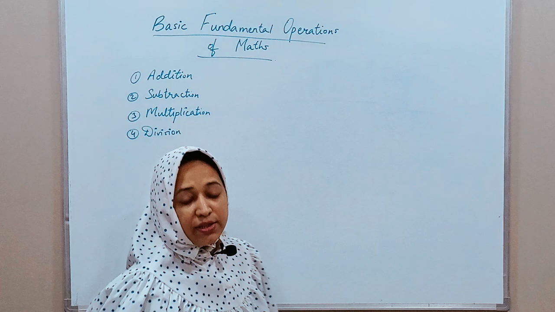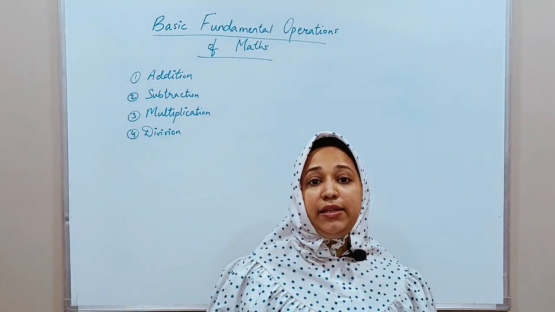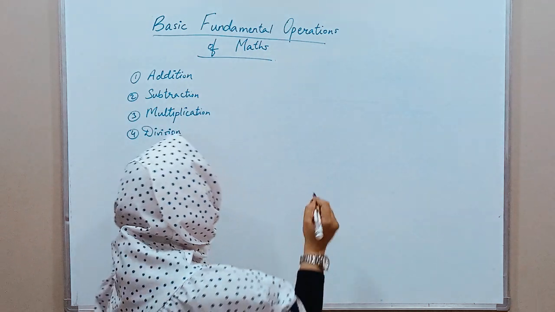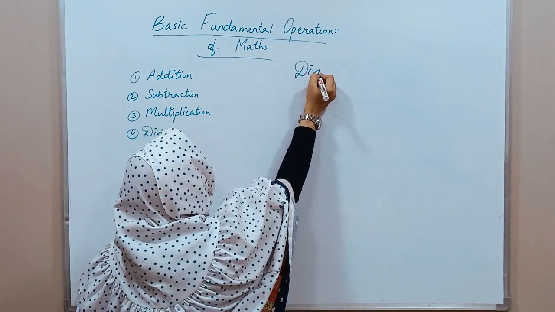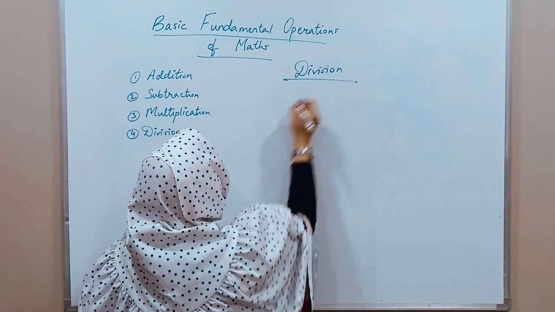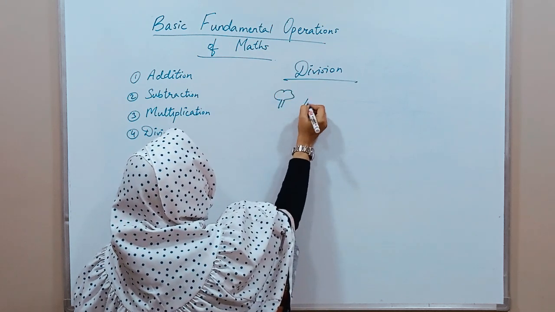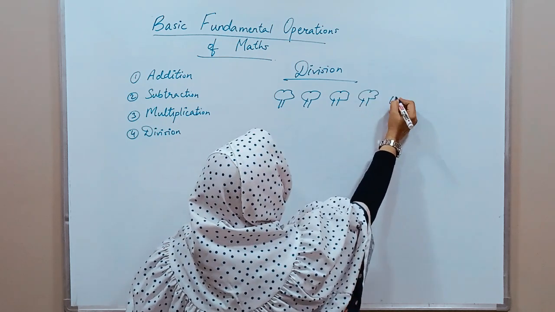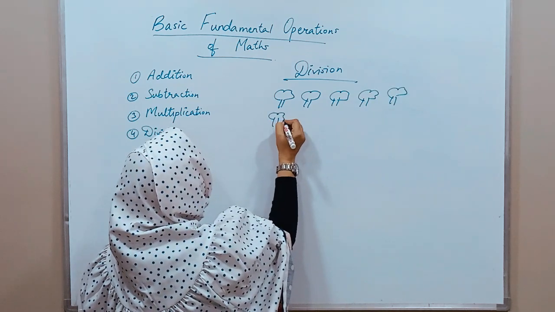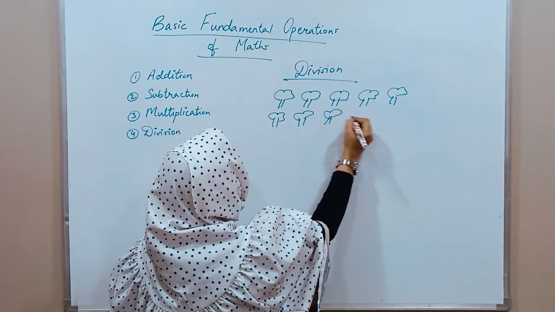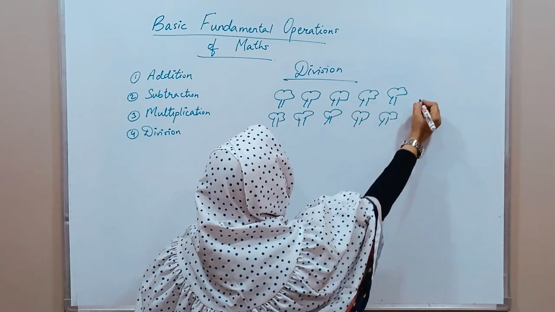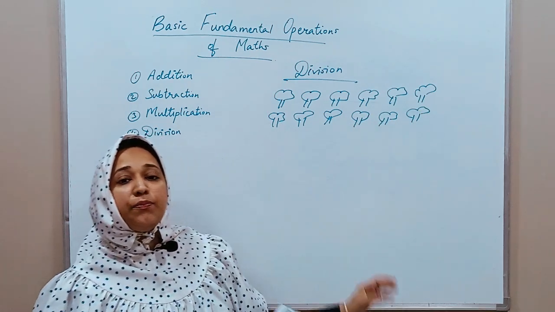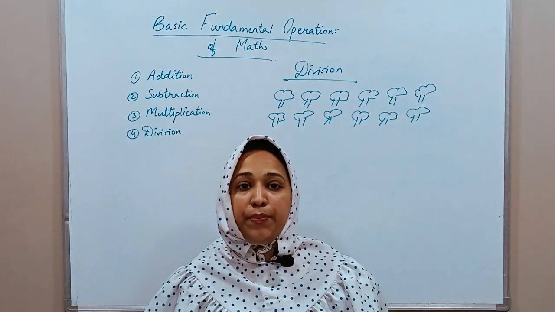When we talk about division, it is basically dividing a bigger group of numbers into equal parts. For example, if I have 12 trees: 1, 2, 3, 4, 5, 6, 7, 8, 9, 10, 11 and 12, and I am supposed to divide them into equal parts, making